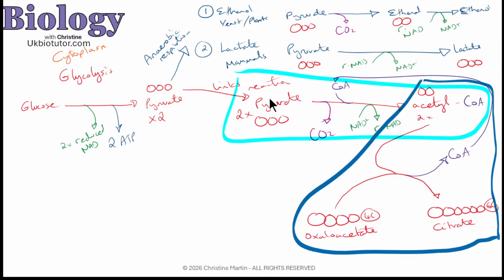Now, if we've got the link reaction, and we were talking about how pyruvate gets converted into acetyl coenzyme A, and as I said to you, if you're AQA, that should be acetate coenzyme A. And then the acetyl coenzyme A is going to come into the Krebs cycle. So the blue is showing you the link reaction: pyruvate is the substrate, acetyl coenzyme A is the product. Acetyl coenzyme A has to come into the Krebs cycle.